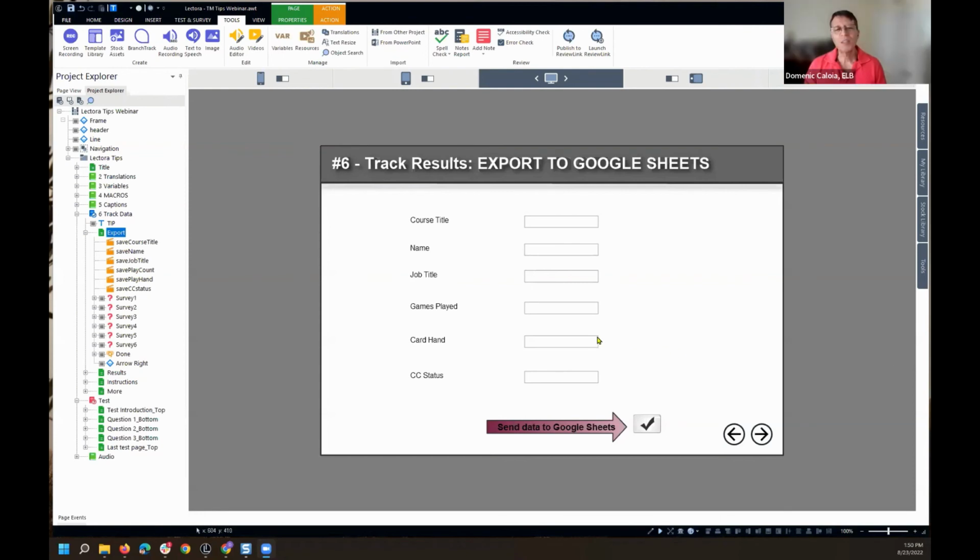Okay, number 6, I'm going to build upon what I showed you earlier with the variables. I remember I mentioned that we're going to come back to the fact that whenever you create a test or a survey, it automatically generates variables. So in this survey, I've put on one page all the variables that I've shown you in this course. You've got the name, the job title, the number of games played, the hand that I played, the closed caption status, whether it was a 0 or 1. So all this information is in the